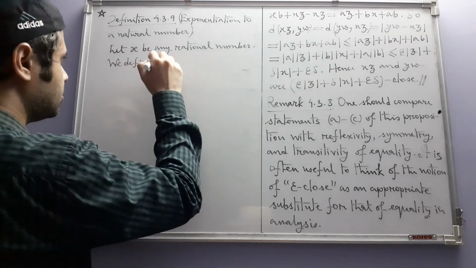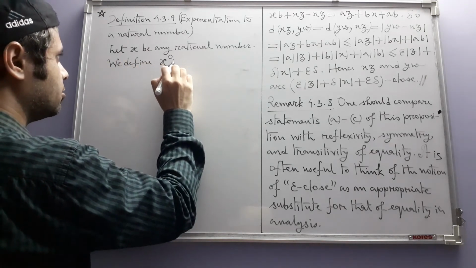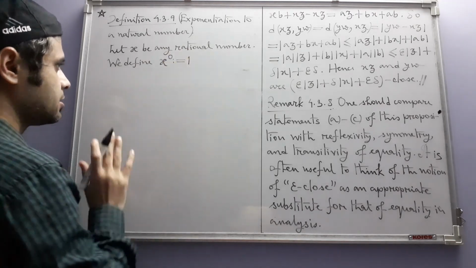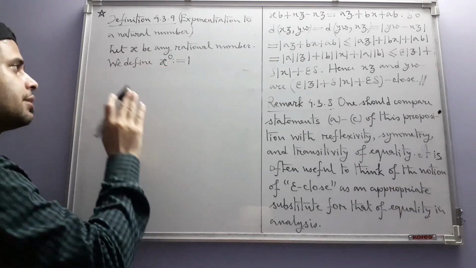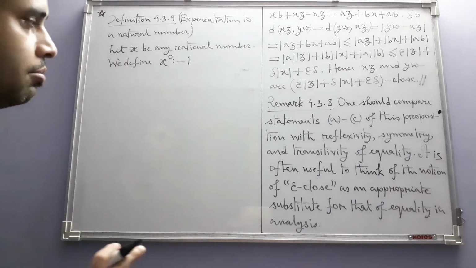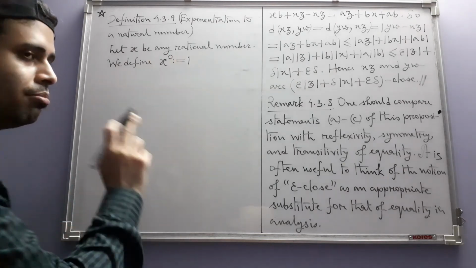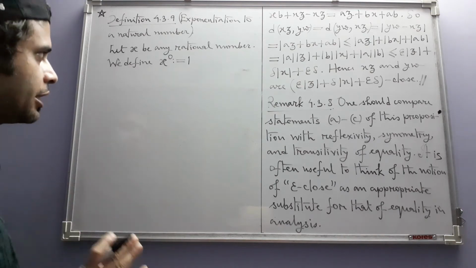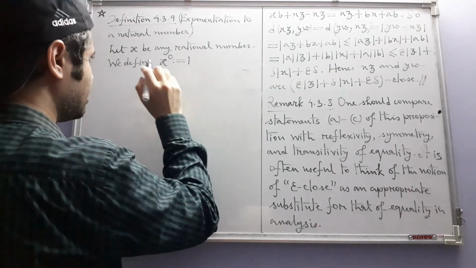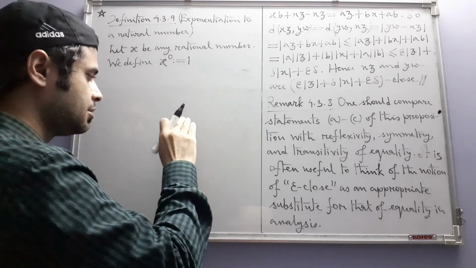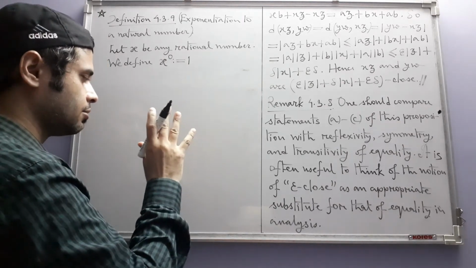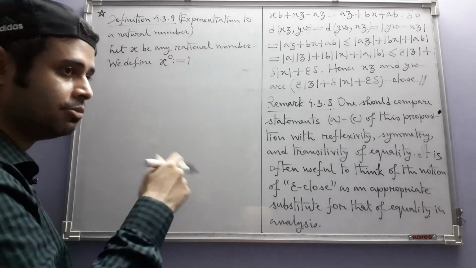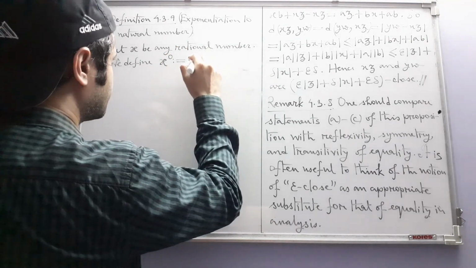Okay, so we define x to the power 0 to be equal to 1. Just like there in the system of natural numbers, this x is allowed to be 0. Okay, keep that in mind. For us, 0 to the power 0 means 1. It's not an indeterminate form, if you know what I mean. That means whenever we see 0 to the power 0, we understand that it is 1. In fact, any rational number to the power 0 is defined to be equal to 1. And